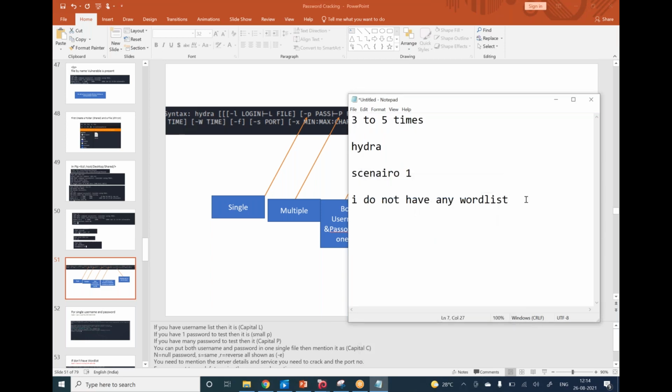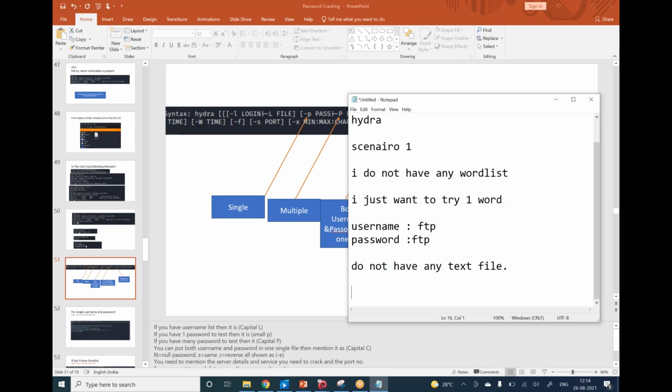Say for example, I just want to try one word, that is username as ftp, password also ftp. I do not have any text file, I have only these two. I just want to try it out.